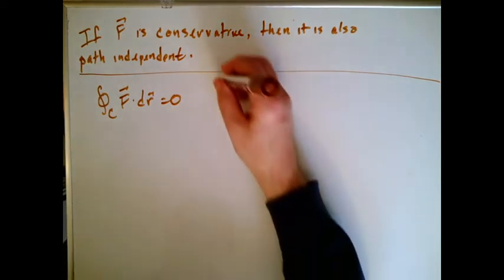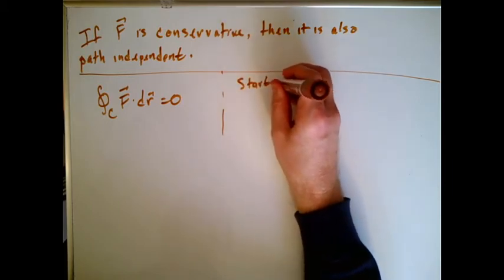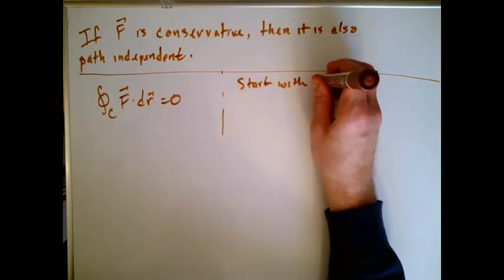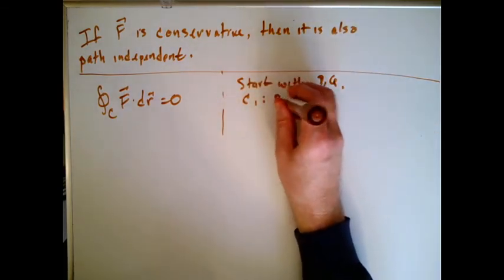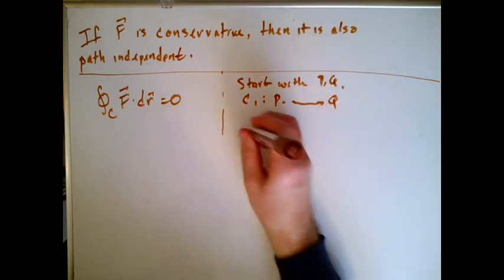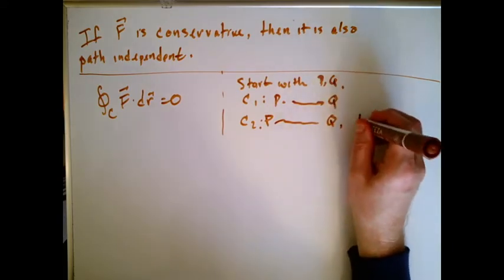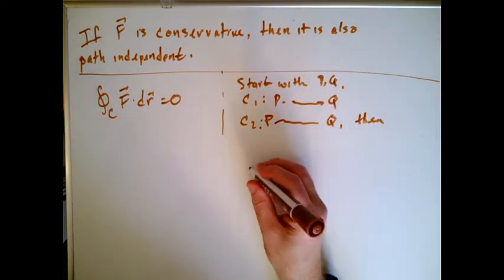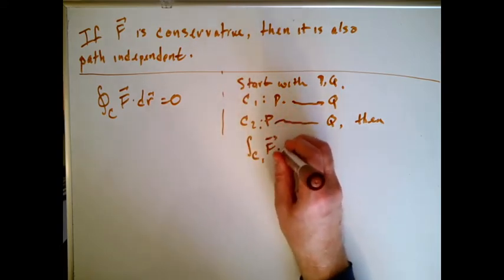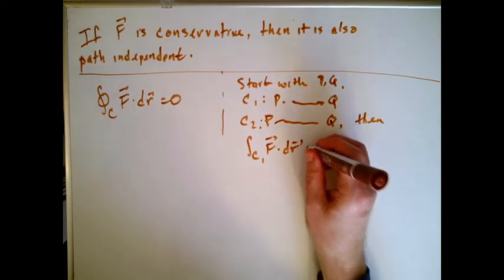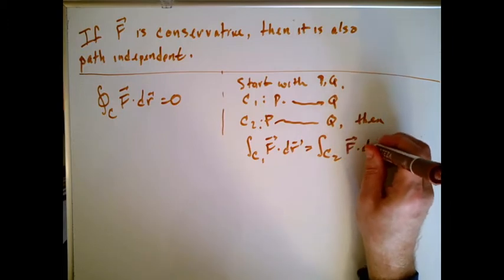Path independent would mean start with P or Q, and C1 being some path from P to Q, and C2 being a different path from P to Q. Then what the conclusion here would be is that the integral along C1 would be the same as the work done along C2. In other words,